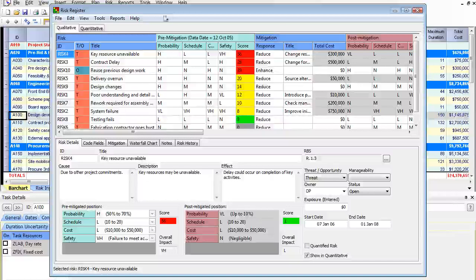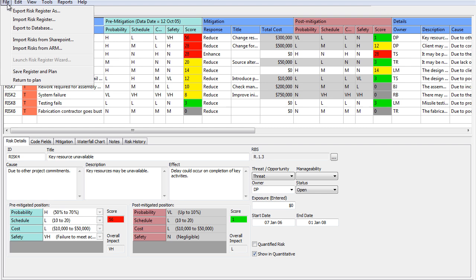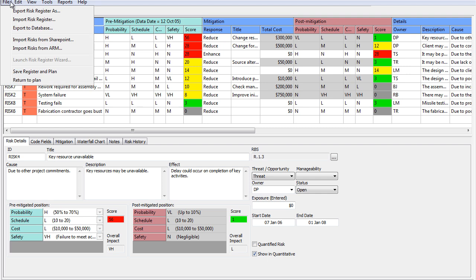So what I'm going to do is take this and walk through the qualitative side of the risk register first. Give you a little bit of an overview on the layout. First of all, you've got a menu bar up top. From left to right, you've got File, Edit, and basic stuff in here. You've got your copy, your paste. You can set up a risk scoring system, a risk breakdown structure, user-defined fields under the Edit menu. The File menu has imports and exports, import to Excel, export to Excel, etc., saving the